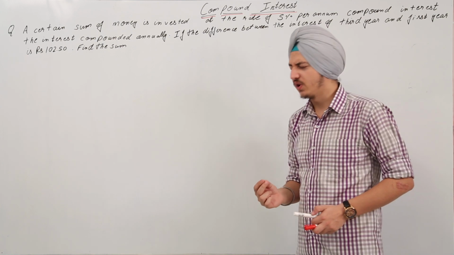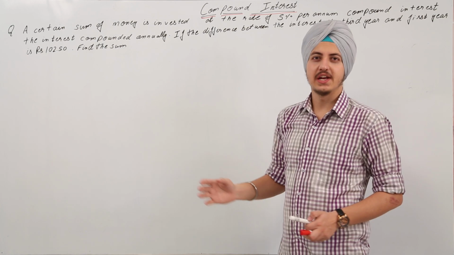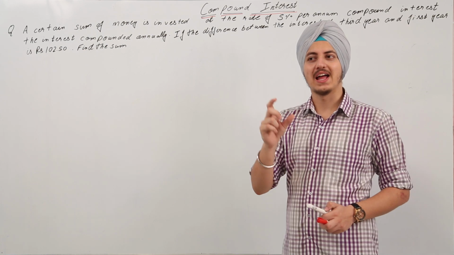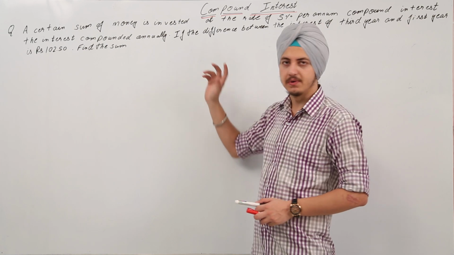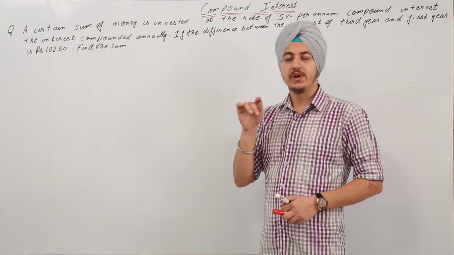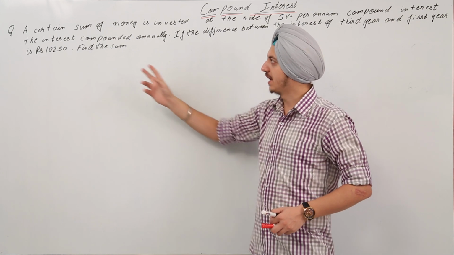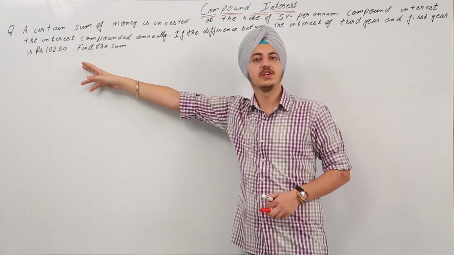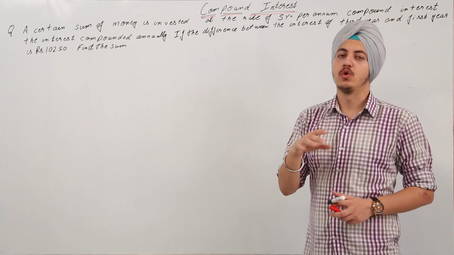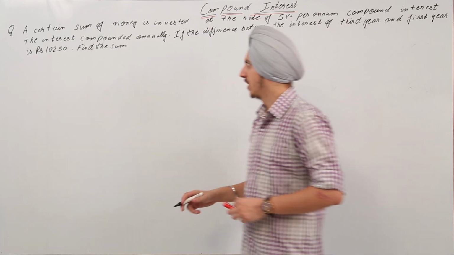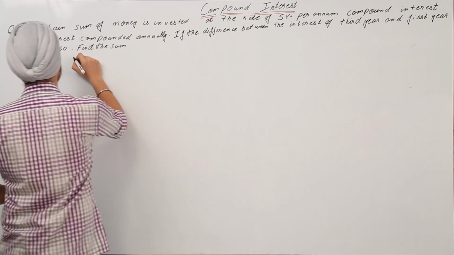So what we can do right now is write the interest for the third year and the interest for the first year in terms of the principal. If we could do that, we could subtract both of those and equate them with 102.50. With this, we can find out the value of x, or the principal. So how do we do that? We write down